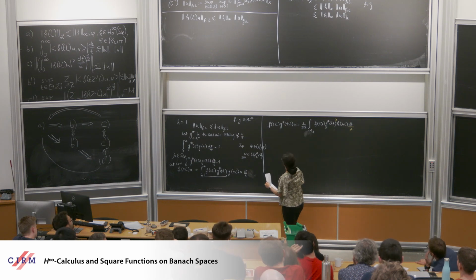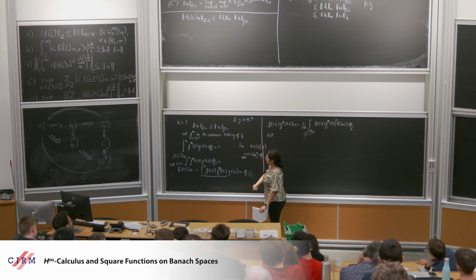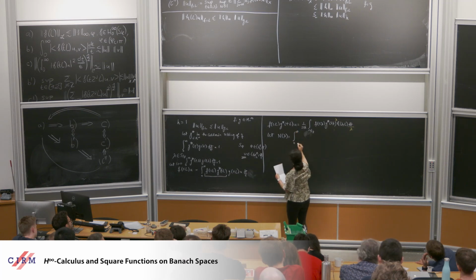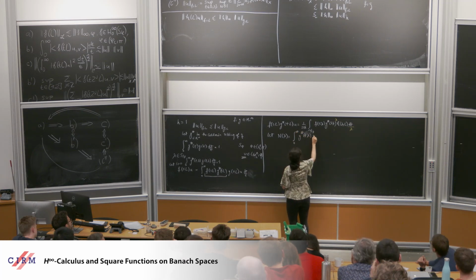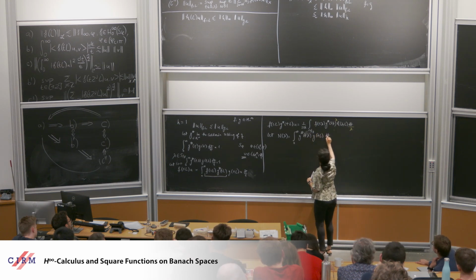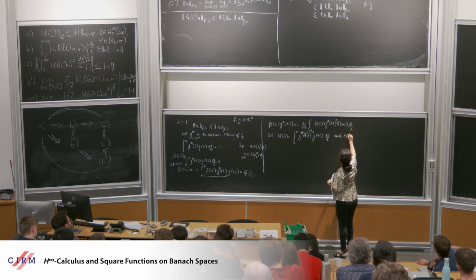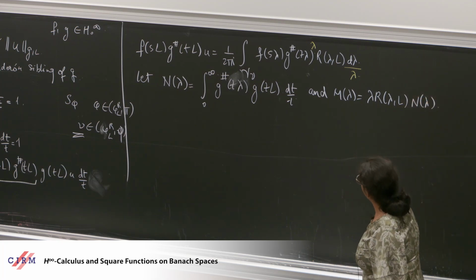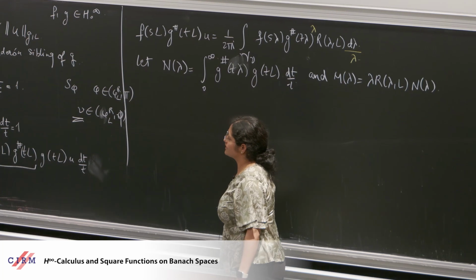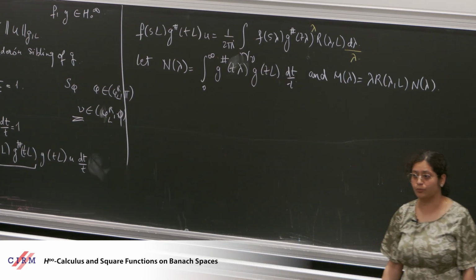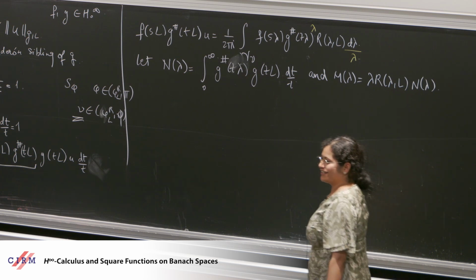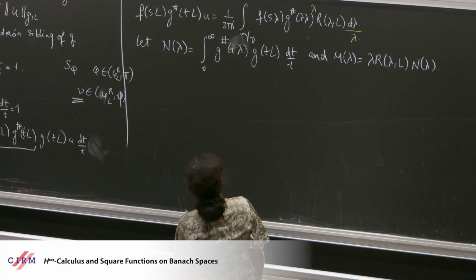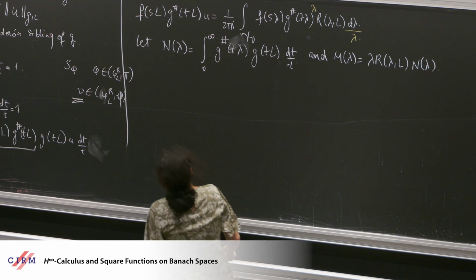Now, okay, let's define another operators. Let N lambda be the integral from 0 to infinity of G hash T lambda G of T L dt over t, and M lambda is equal to lambda R lambda L N lambda. Now, one can notice that these two operators, N lambda and M lambda, are uniformly bounded operators. If you don't see it, you can ask that question, but I hope you can see it from the relations that are written. And jumping to the part where I'm actually going to use these operators,